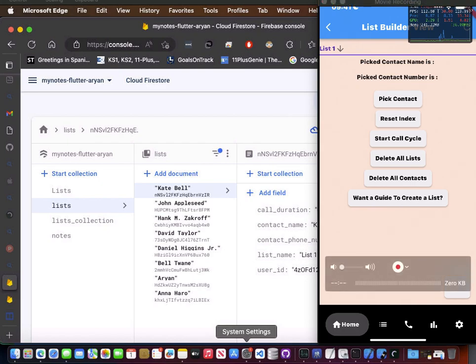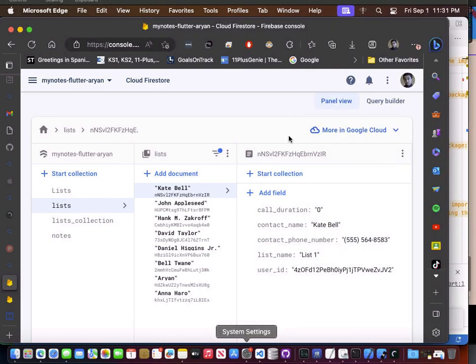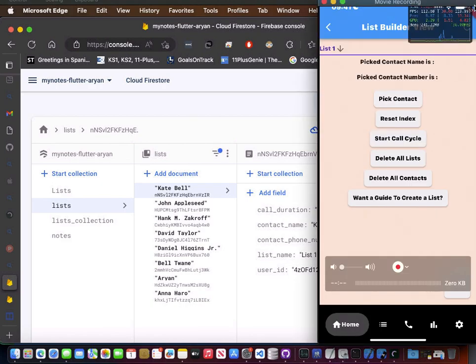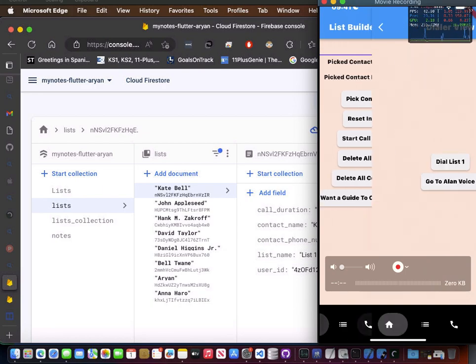View, and this is the view where we can see the percentage completion of the list. How this works I will show you, and I will show you step by step how the code works in a simplified version. So let's begin. We're going to start with list 1, and we're going to reset the index, and we're going to start a